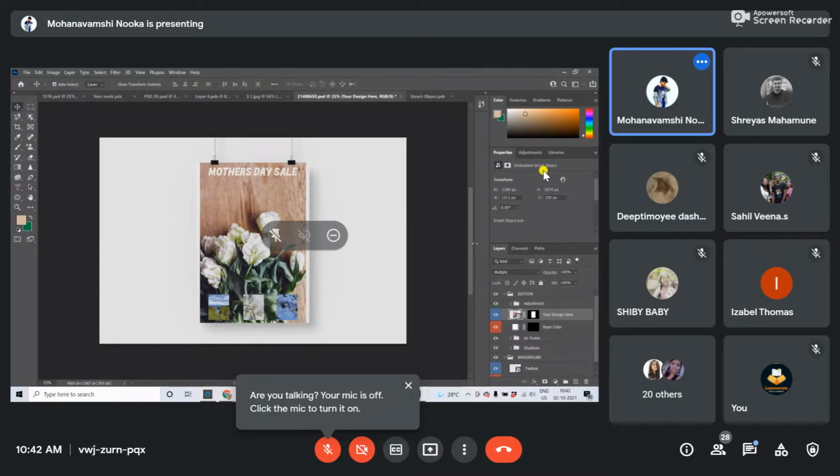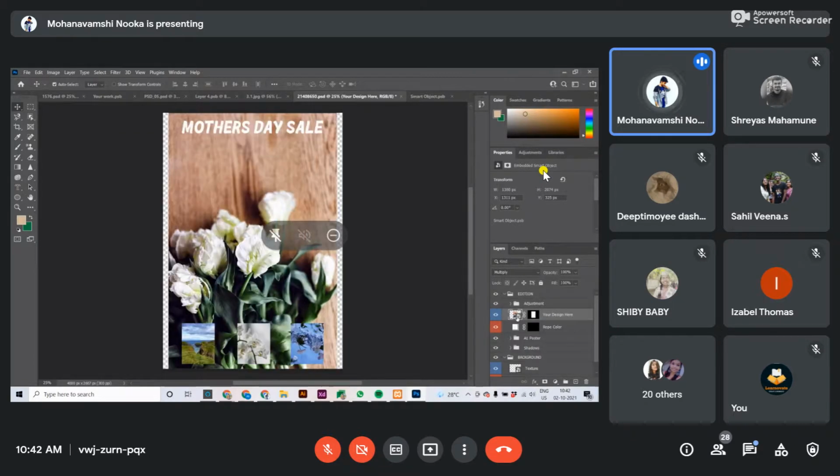Just go to design, download a mockup file, and click on the layer where you can add the design. Double click on it and it will be redirected to another artboard. Just add your image here. That's it.